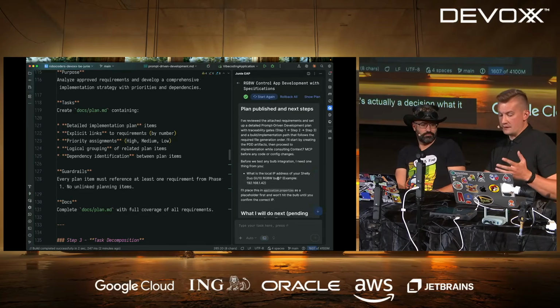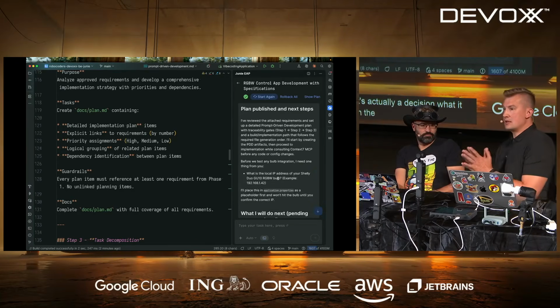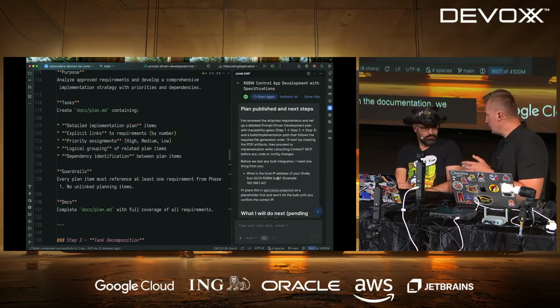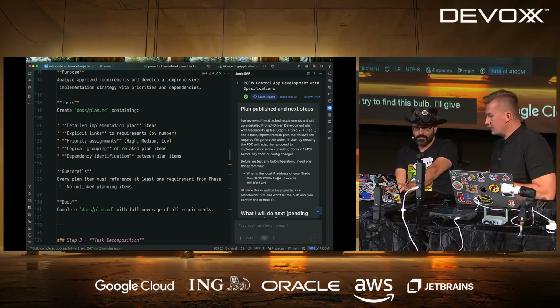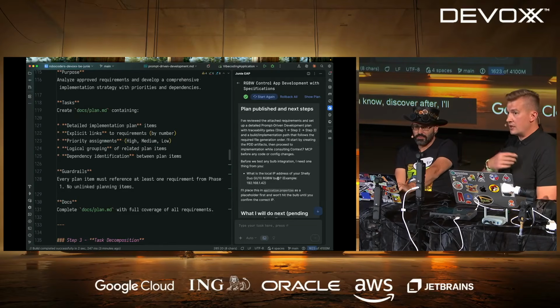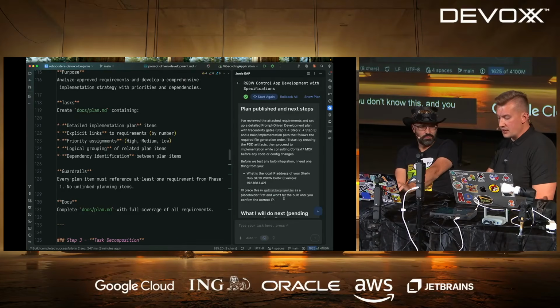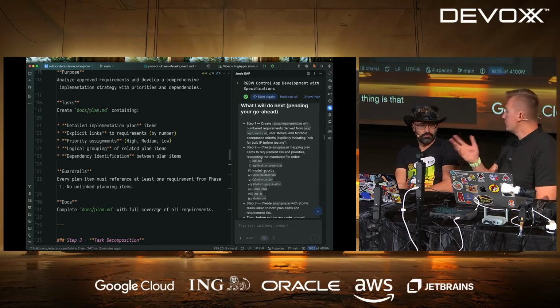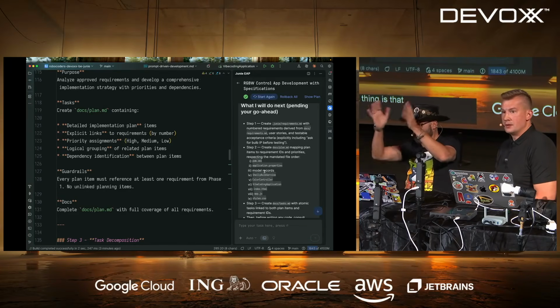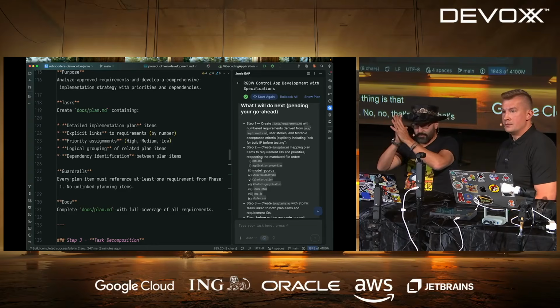So it's asking something. In the documentation we said, in order for you to not get confused and try to find this bulb, I'll give you the IP address. Like, we'll figure out how to discover it after. I'll give you the IP address. You need to stop because you don't know this, and you will add this to application properties. And the next thing is that I need to give an explicit approval, go ahead. That's our approval gates.